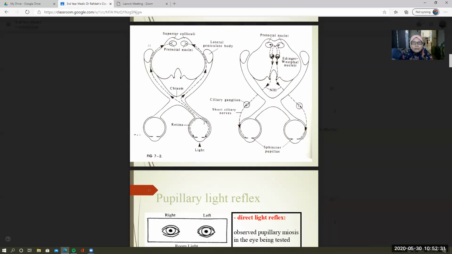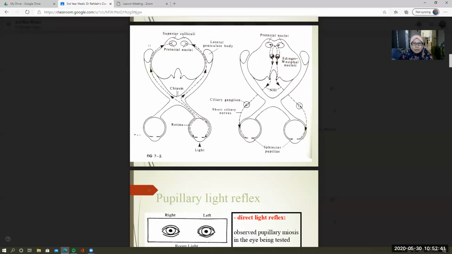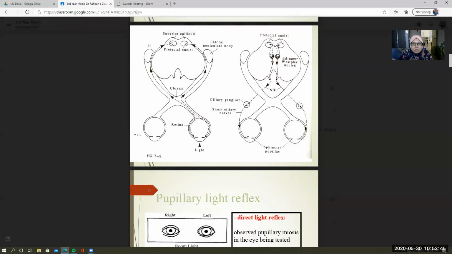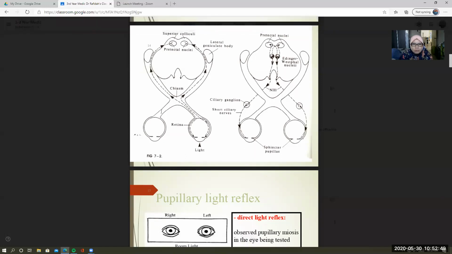This is the left eye, right? Okay, so if you shine here, 100%, it travels to the back and then to the front, and it constricts 100%. However, if you go to this eye, which has an optic nerve problem, probably 50% damage,